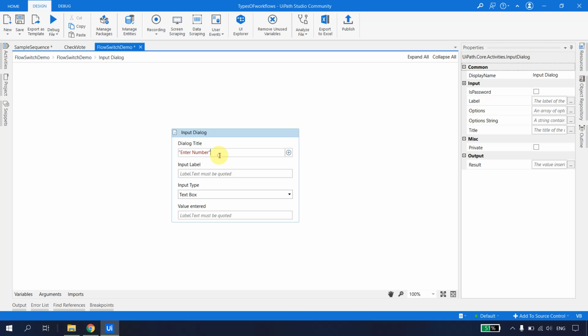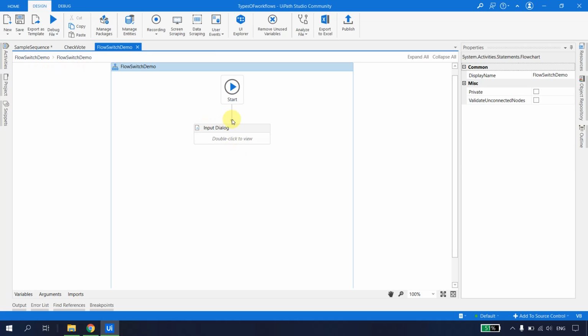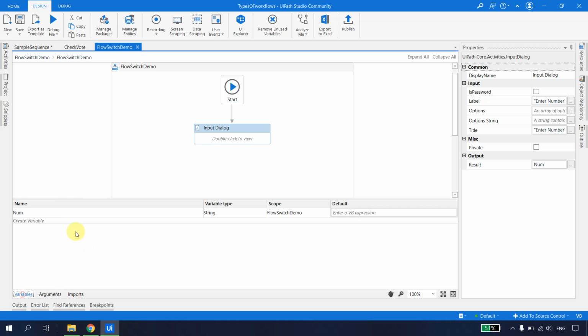Okay, and the label, I will just keep the same, and the value, I will hit Ctrl+K, and I will store it in a variable called num. Okay, save it. Let's go back to the flowchart, and now if I go to the variables, num is created,